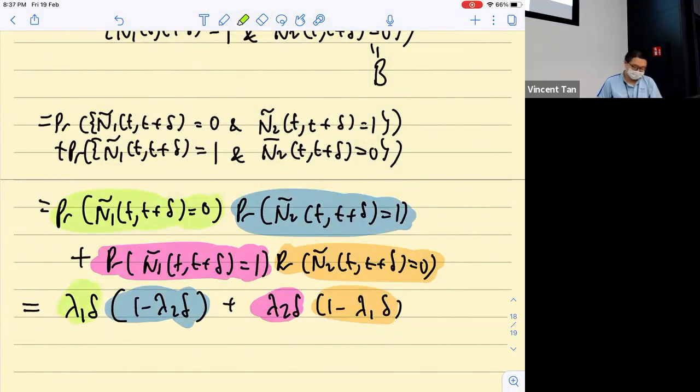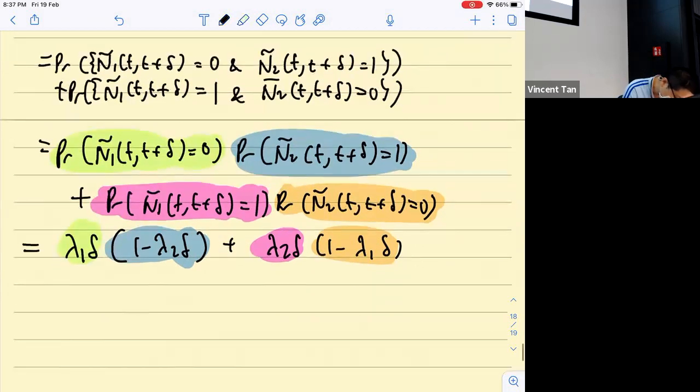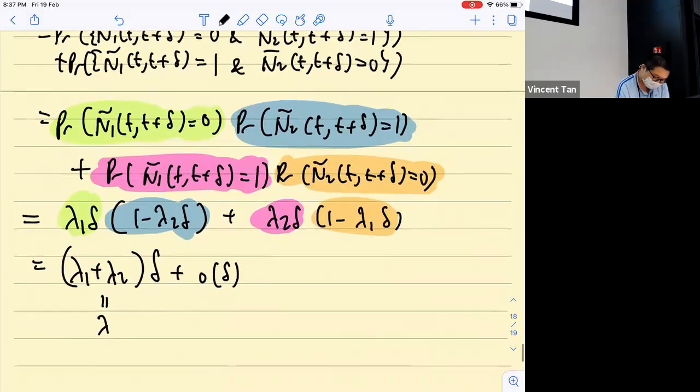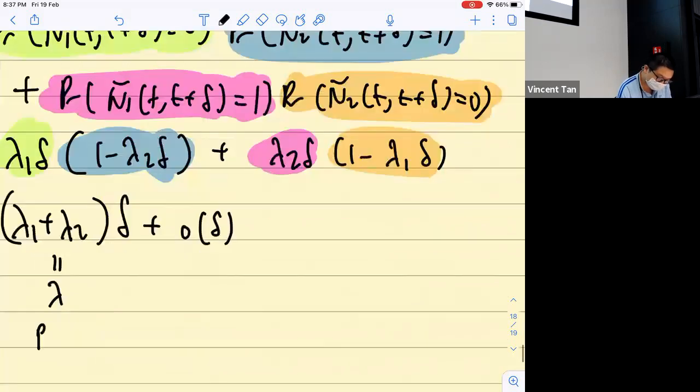Beautiful, right? So after we multiply this out, we get lambda 1 plus lambda 2 times delta plus little o delta. We have a bunch of quadratic terms that I can all merge into a little o delta. And if I call this lambda, then I check out the second property of star. And the third property is that